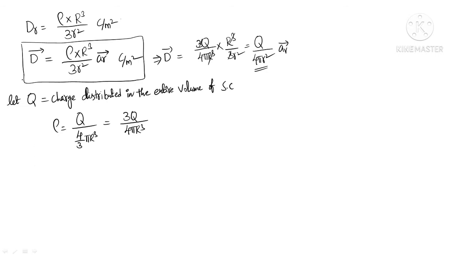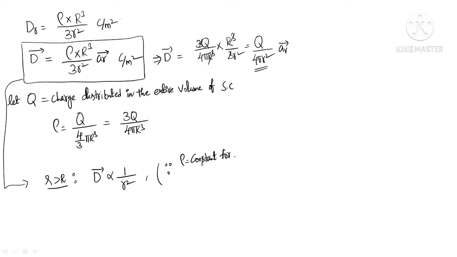Now, from this result, what we can conclude is, for the region outside the spherical charge, which is small r greater than capital R, we have D bar proportional to 1 by r square, because for a spherical charge, rho is the volume charge density. If the charge is uniformly distributed, rho is a constant. Okay, so let me write here, since rho is equal to constant,